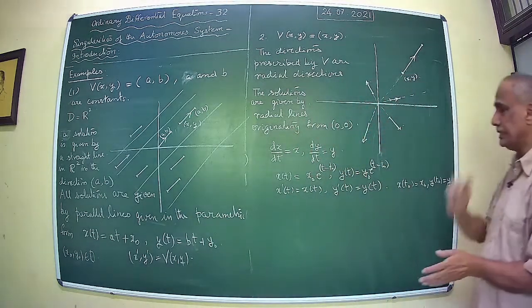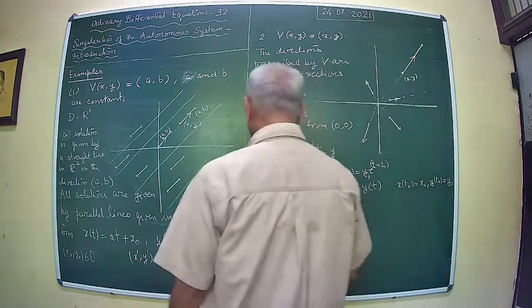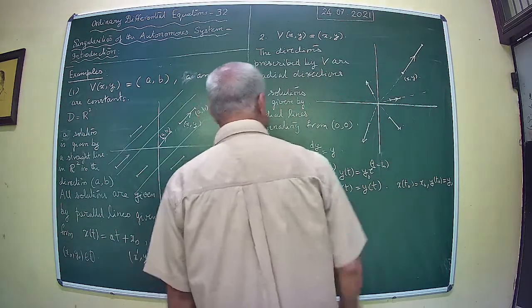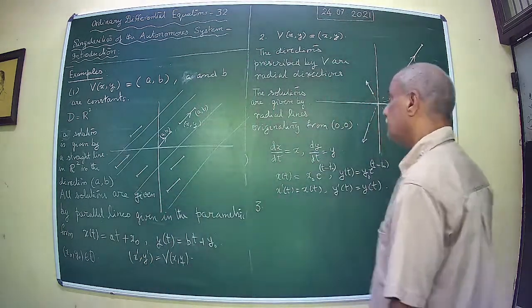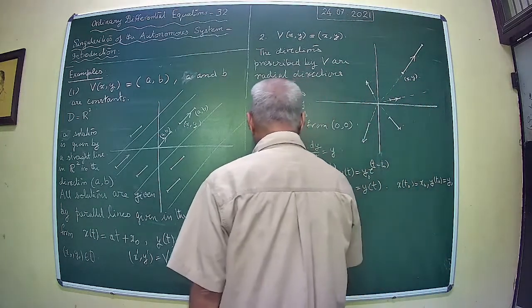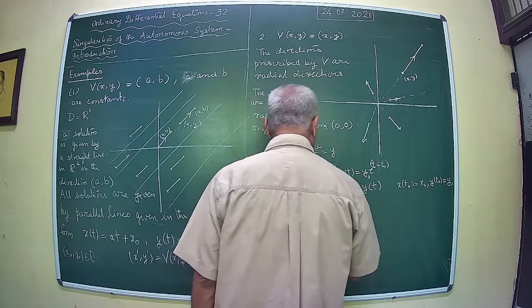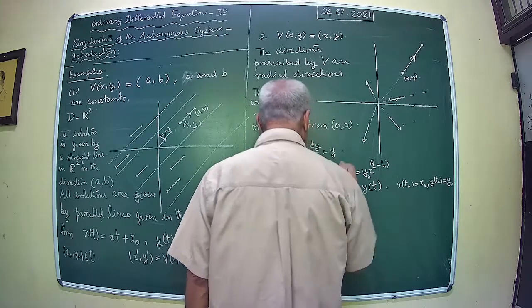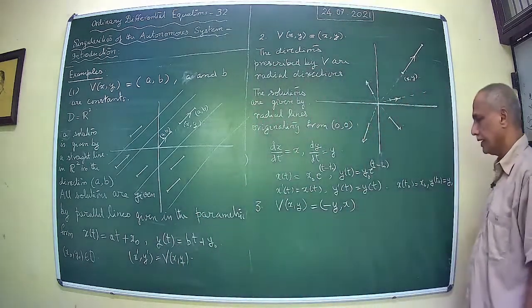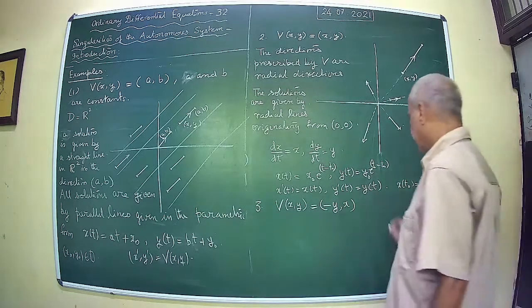Now that's also easily predictable. So let us take the third case. This is again another autonomous system. The third case is where we assume V(x, y) equal to (minus y, x). So the equations are